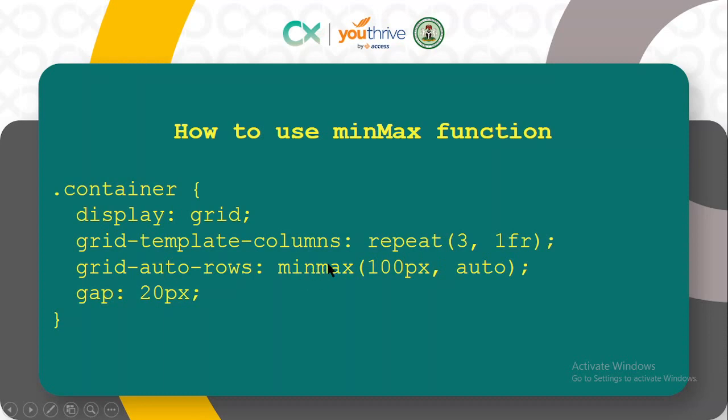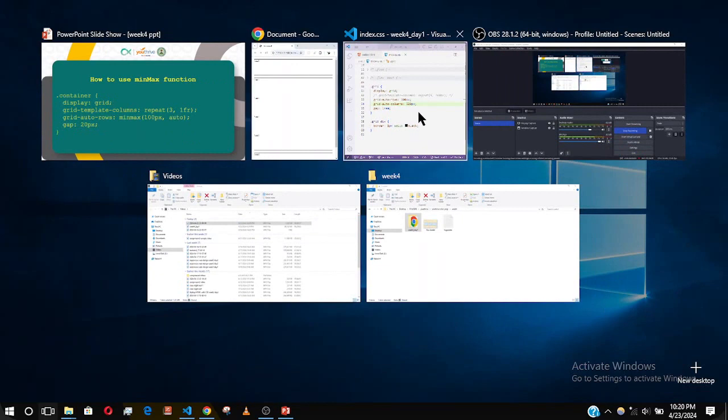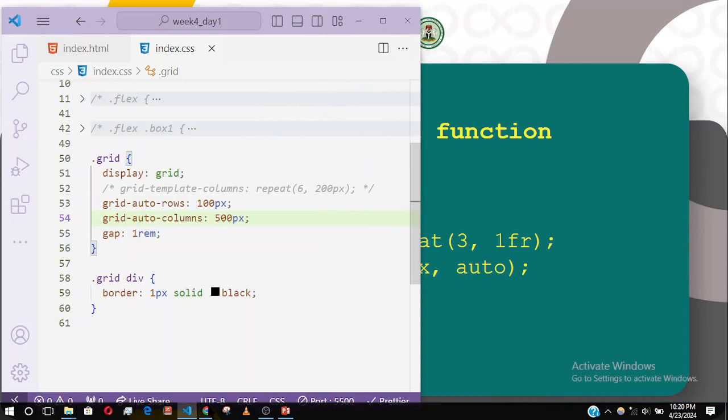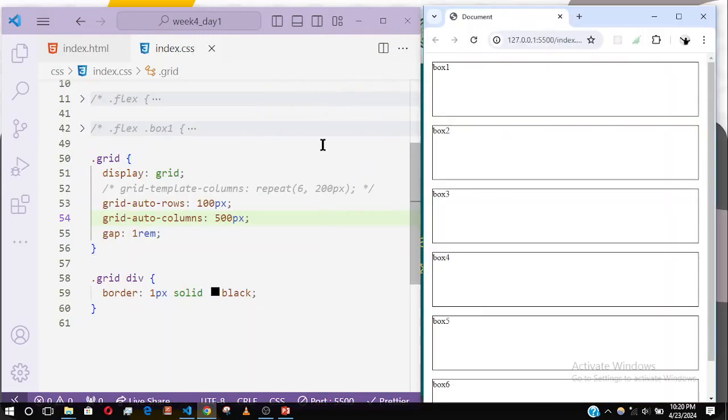So let's see how this works. Go back to our screen. So I'm going to comment this out and activate this. Now if I save this now,